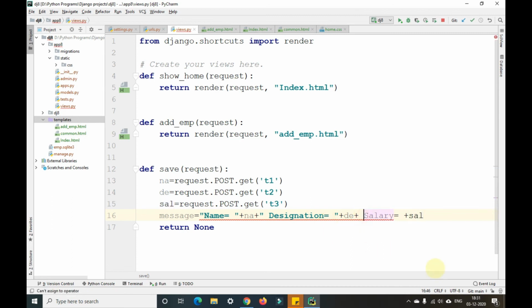We have to write this in double quotes, guys. And between everything we need a space there.